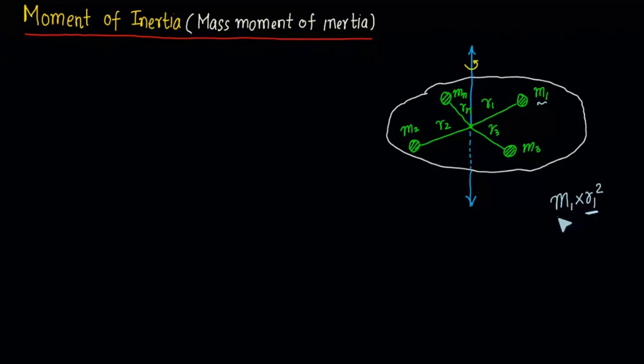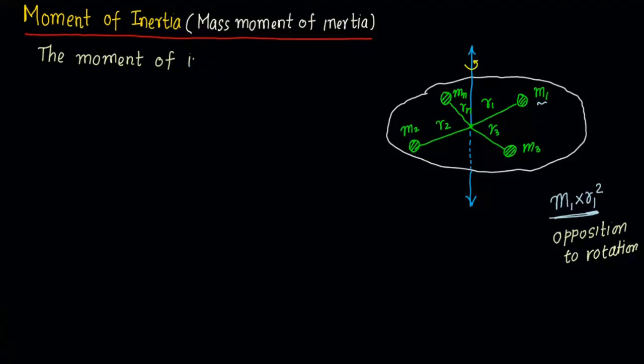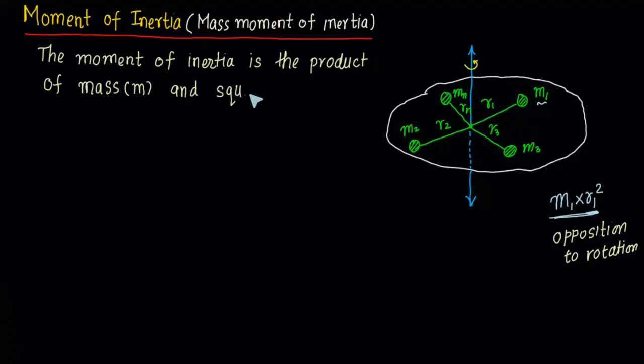So this factor m1 times r1 square indicates the opposition to the rotation of the body. This is going to be a scalar quantity, because moment of inertia is always positive, it cannot be negative. So moment of inertia is calculated by multiplication of mass and the square of the distance of the mass from the axis of rotation. This I would like to highlight here: the moment of inertia is the product of mass and the square of its distance, that is r square,